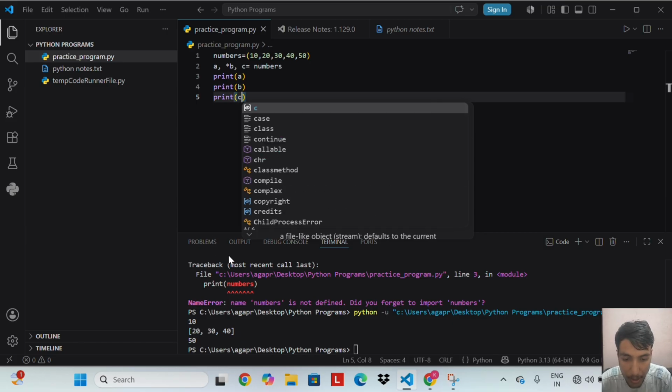The asterisk operator in unpacking collects multiple values into a list. Here we have 5 elements. A gets the first element 10, C gets the last element 50. The *B in the middle collects everything in between, 20, 30, 40, and stores them as a list in B. Notice B is a list, not a tuple. The asterisk operator always collects the remaining values into a list. This is very useful when you want to grab the first and last element separately while capturing everything in between.